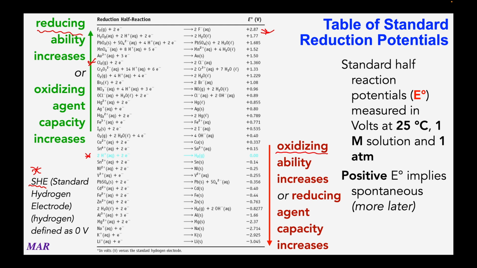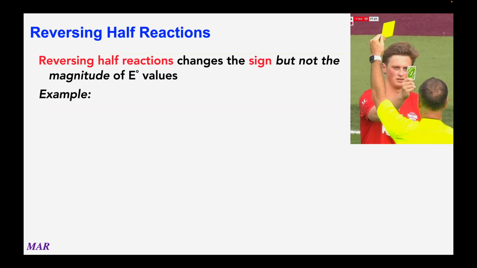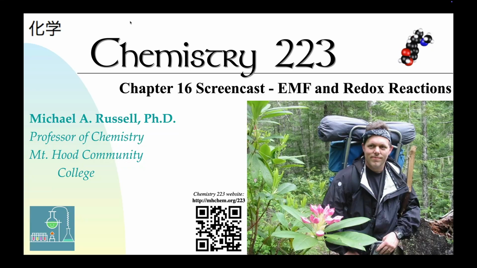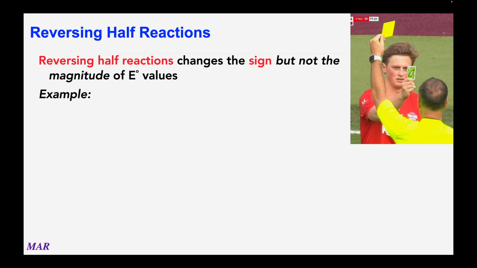You never have to memorize cell potential values. Just know that they're out there, and we'll see what we can do with them in a little bit. All of those cell potentials on the last page can be reversed. You can take the reactants and make them products, turn the products into reactants, and you have a reverse cell potential. If you reverse a reaction, you change the sign of the cell potential, but not the magnitude of the